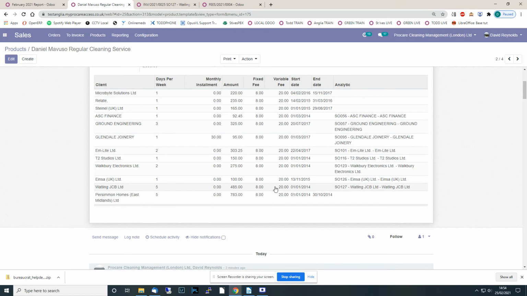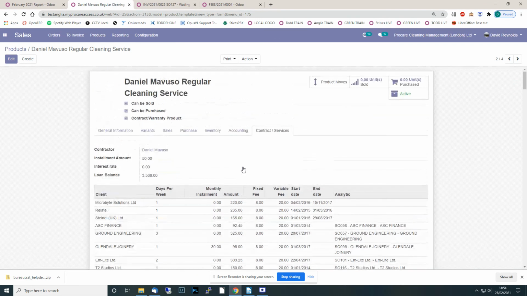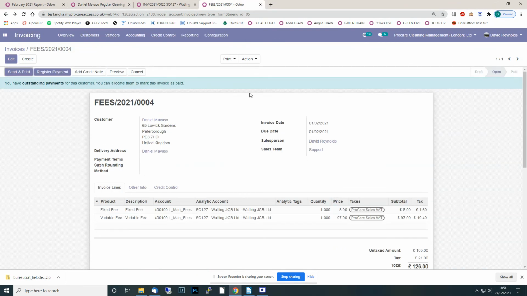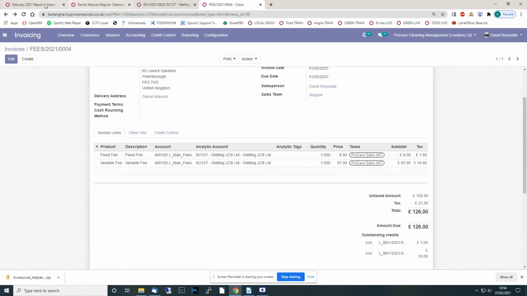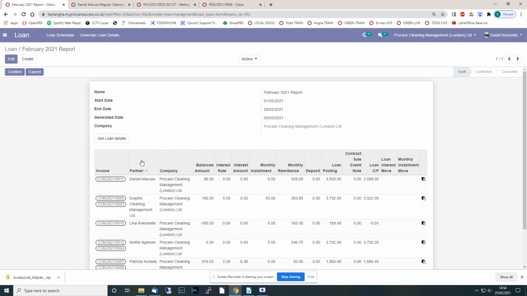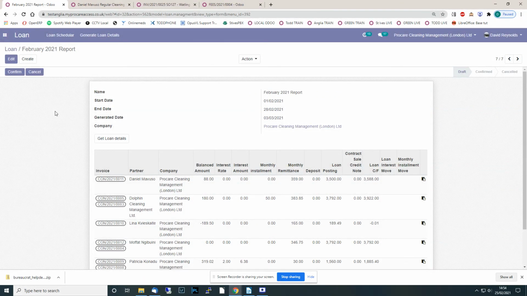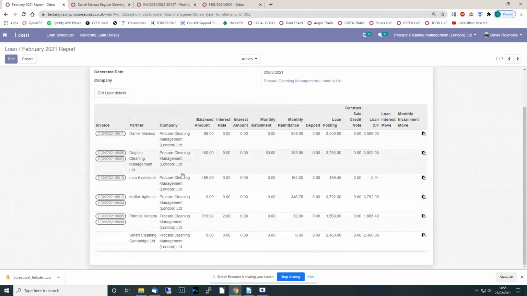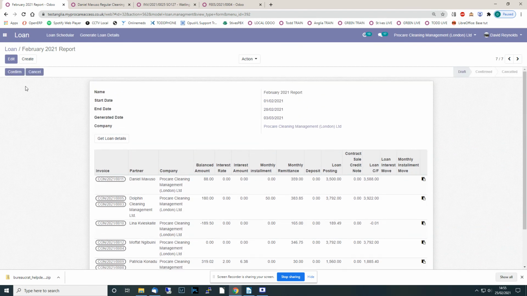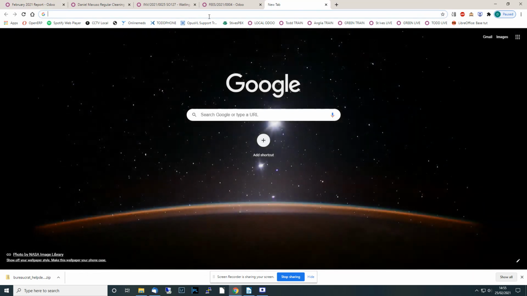So Watling is here, £8 plus 20%. And then those charges are coming out into his loan. So if I were to close this now, I can't use this for any more testing, but I would only click confirm. That's all I would have to do. And then I can show you the